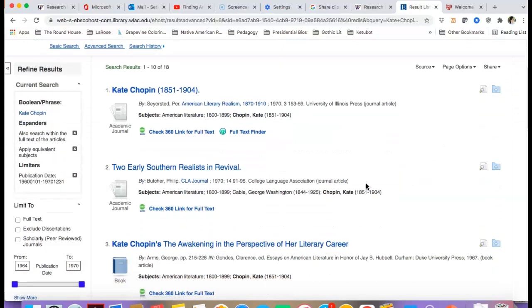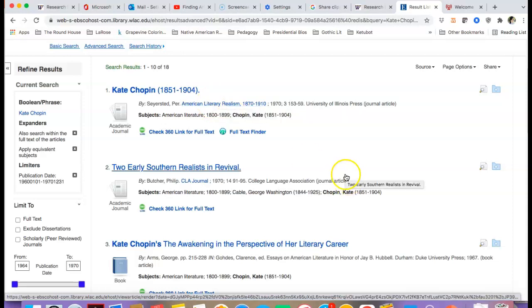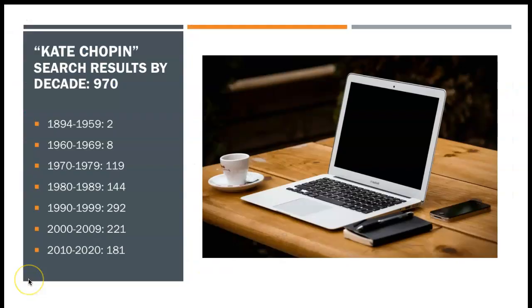And we can get a sense of not only the trends with regard to frequency of publication on Chopin, but also the types of journals that are interested in publishing scholarship on Chopin. So I want to jump back now to a nice neat slide where I have disaggregated